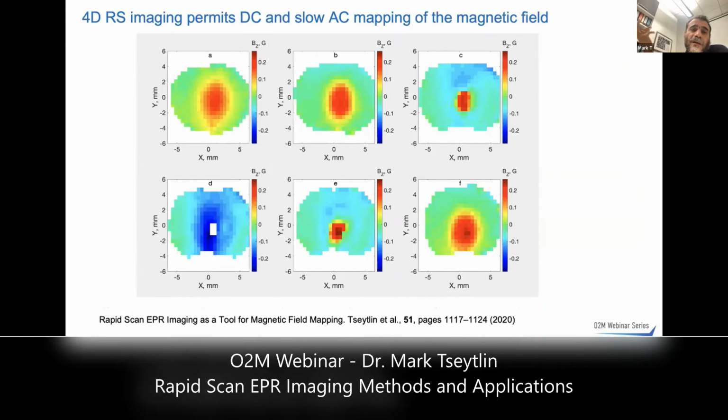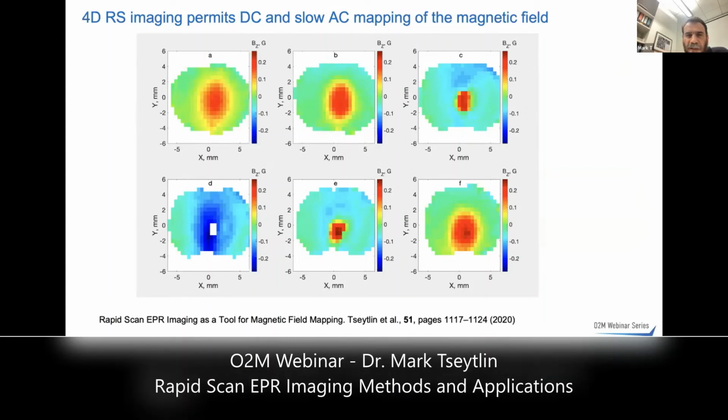So the way we do 4-dimensional imaging is spectral-spatial imaging. Essentially, in each voxel of our samples, we measure a spectrum. In this case, we have a small speck of, I think, some magnetic nanoparticle in resin, a fraction of a millimeter in size. We put it in an EPR solution, and this small particle creates a magnetic field around it, which is kind of obvious.